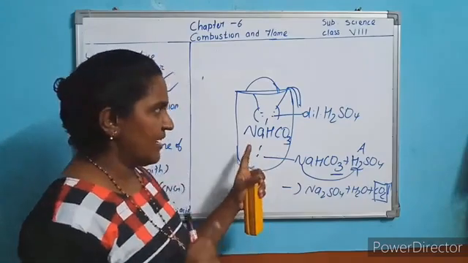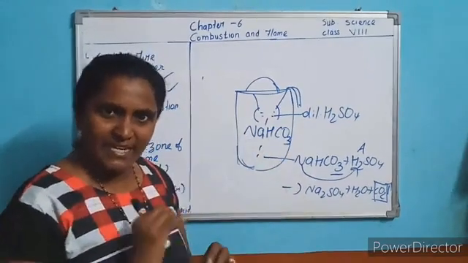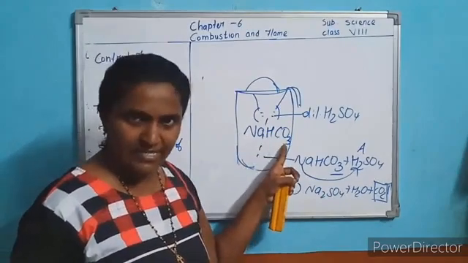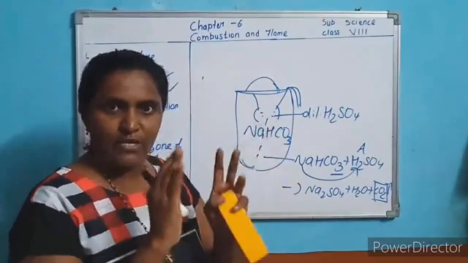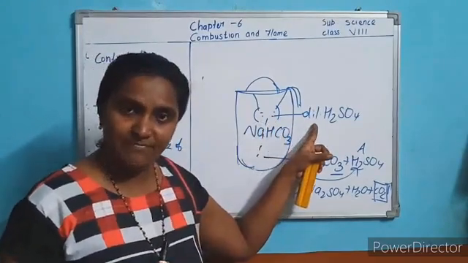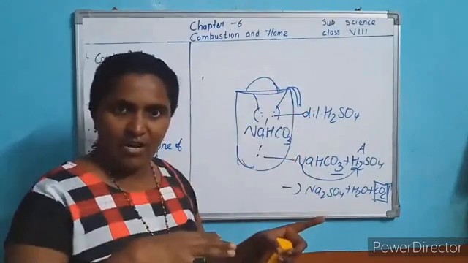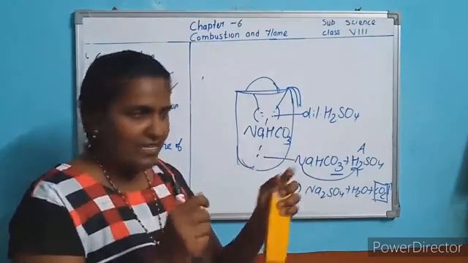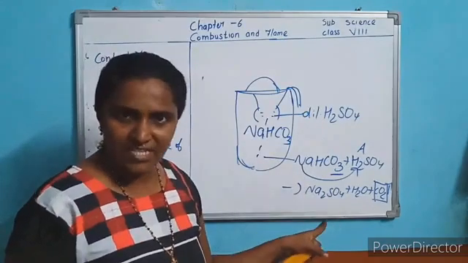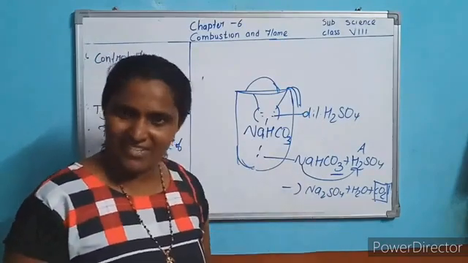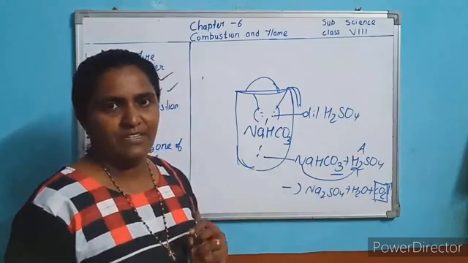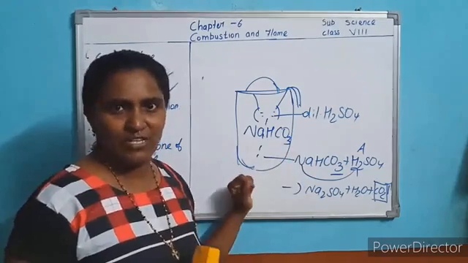Understood? Once again, it is a metal container filled with baking soda or sodium bicarbonate. At the top of the container, in one glass bottle, sulfuric acid is taken, and when you press the knob, the glass breaks and the acid mixes with the bicarbonate. A chemical reaction occurs in which carbon dioxide gas is liberated, which helps to put off the fire. This is the way it works.